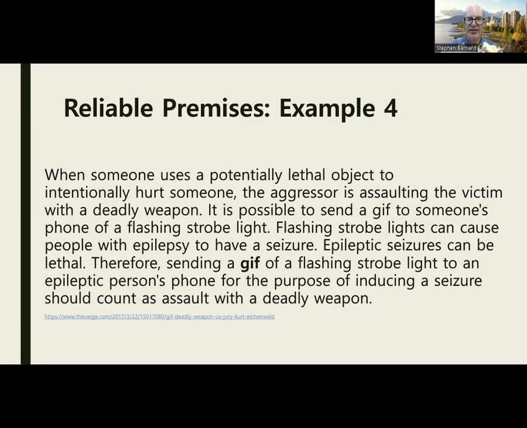Then we get a couple of premises related to sending a GIF and how epileptic seizures can be caused by strobe lights. And then we get this somewhat surprising, or at the very least, uncommon conclusion